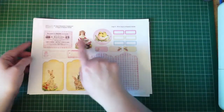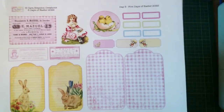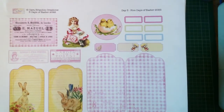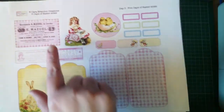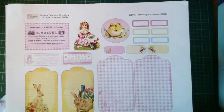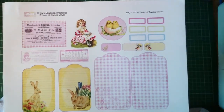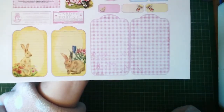Today, Cara actually does have more of a vintage graphic there for us to use. Our lovely Little Miss, I compared it to Little Miss Muffet, sat on her tuffet. And we have a few sort of vintage adverts, I suppose. We have more labels and teeny tiny tickets, little chicks, and we have 4 tags